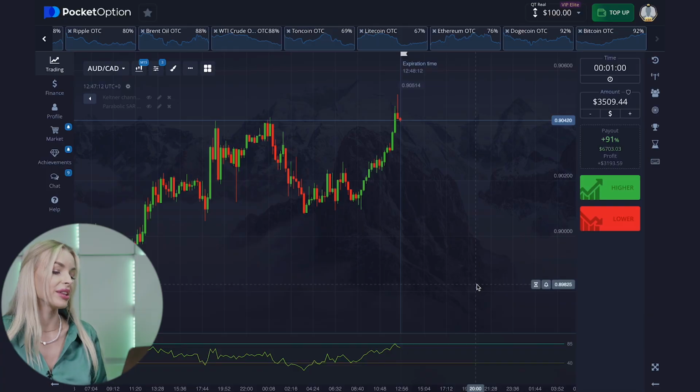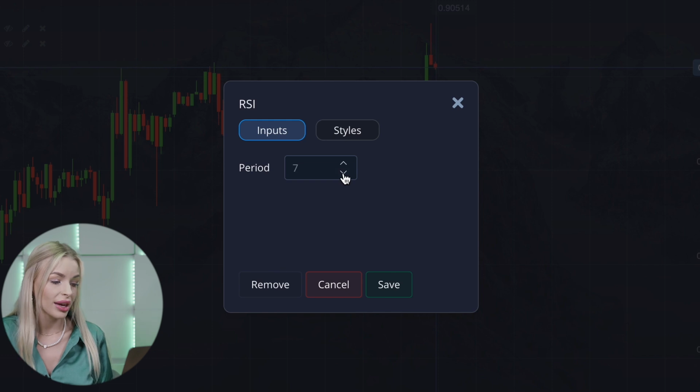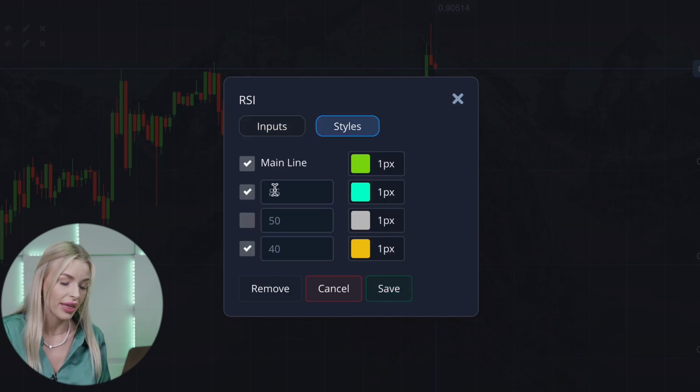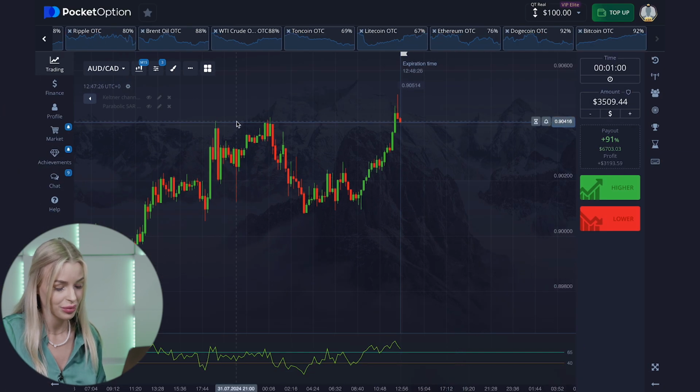A few months ago, the inside RSI strategy was limited to this, but now it has evolved, and it is possible to use it for any trend on the chart. If the chart moves downward, we go to the indicator settings and lower the period to 5. Then we go to the styles and set the overbought zone to 65 and the oversold zone to 40. We need it for correct strategy operation.